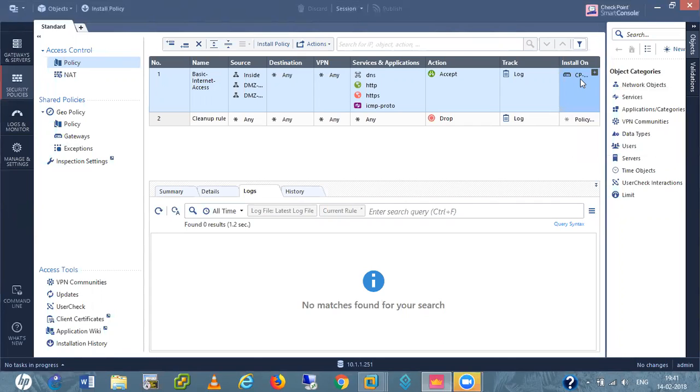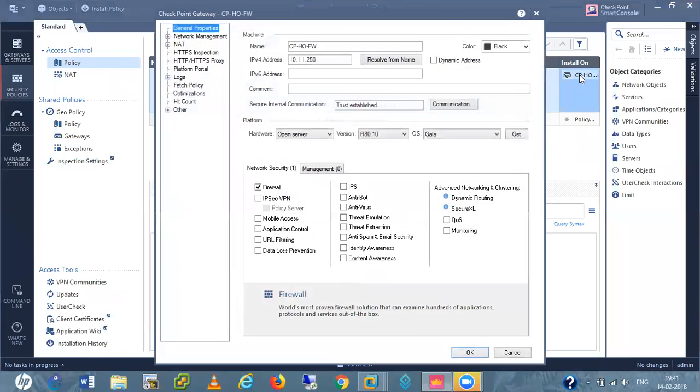So I am just going to configure HTTPS inspection. I first go to my firewall here. You need to activate blades. I don't need to add any blade for now. I am just doing the HTTPS inspection, nothing else. So I go into HTTPS inspection here.